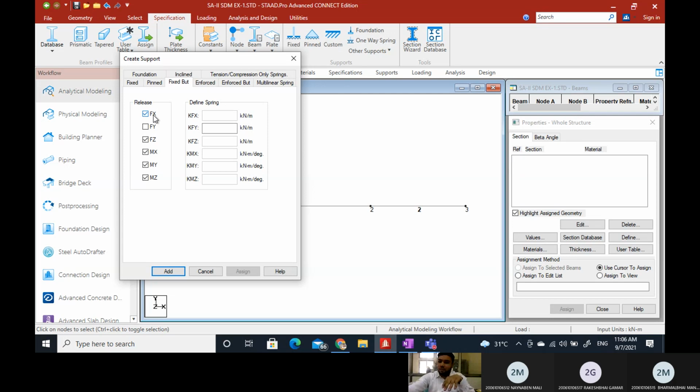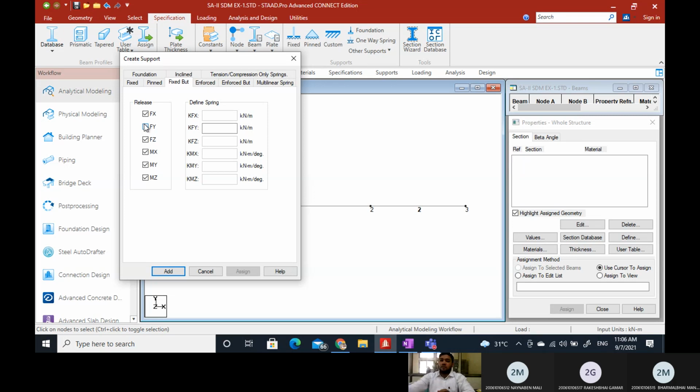Okay. That means suppose you have a roller support. So roller support will roll in x direction. It will allow the moment about z direction. It will only provide reaction in y direction. So we are setting all these as release.